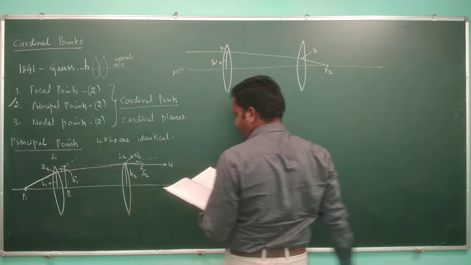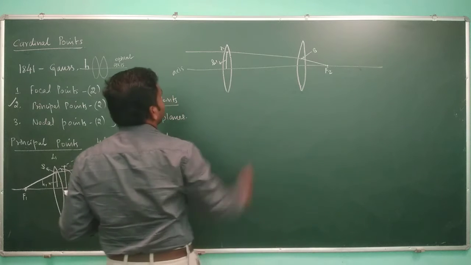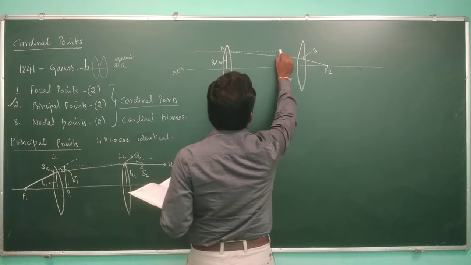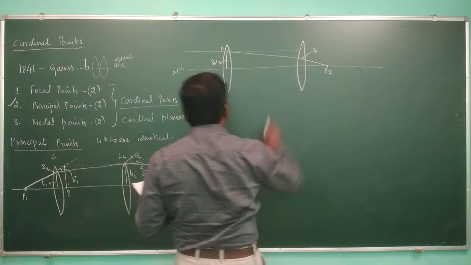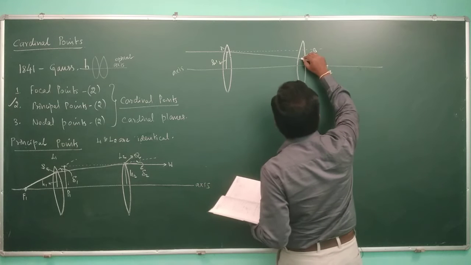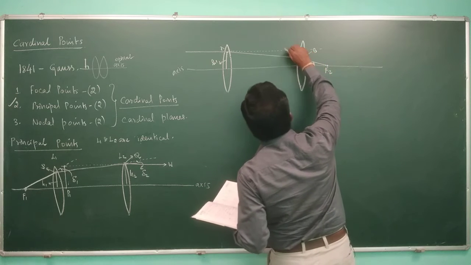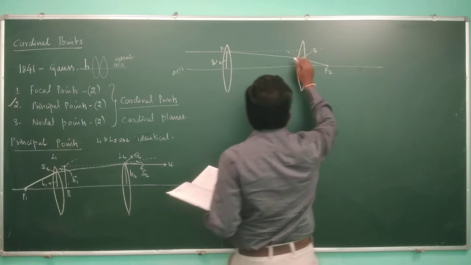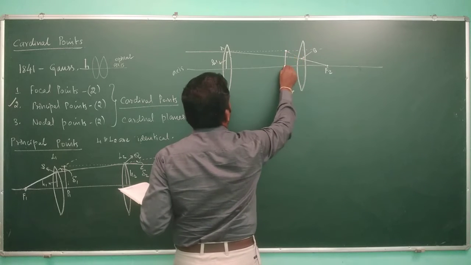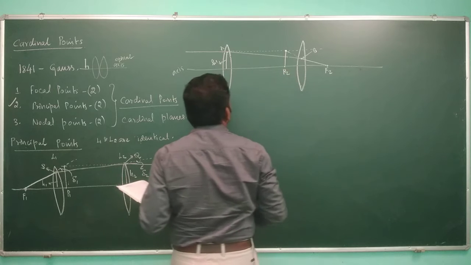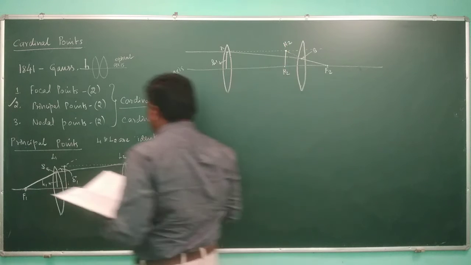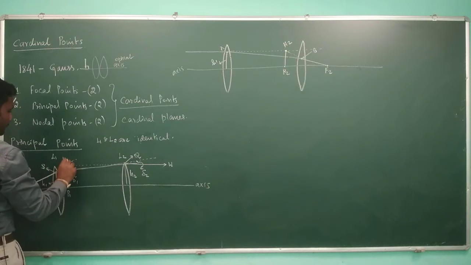Now let us extend this line by assuming that it is not getting refracted. It will keep on traveling parallel. Similarly, here there is a refraction, and we extend this line backwards. These two lines touch at a particular point. If we extend that point to the optical axis, this point is said to be P2. Let us define this point as H2 and this point as H1.